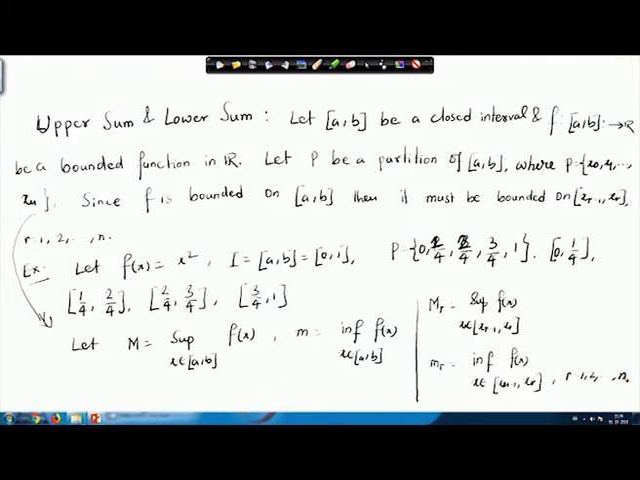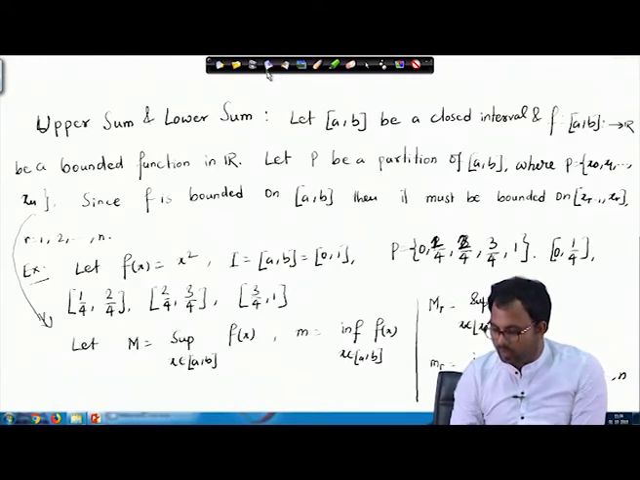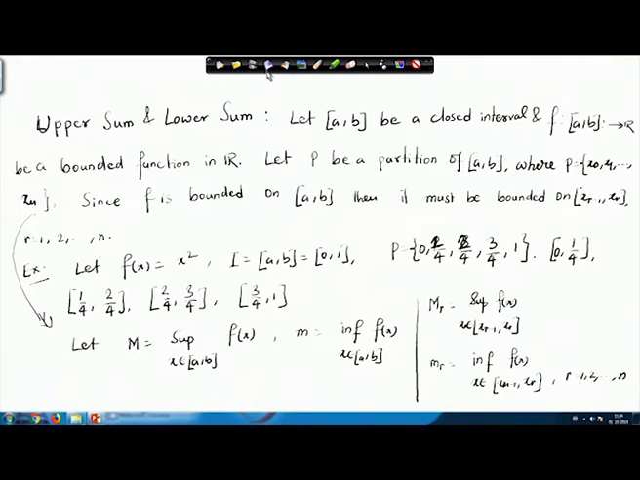Okay, this page is full, so we go to the next page. So, in the previous page, what we see here is, as I was saying in this example, f(x)